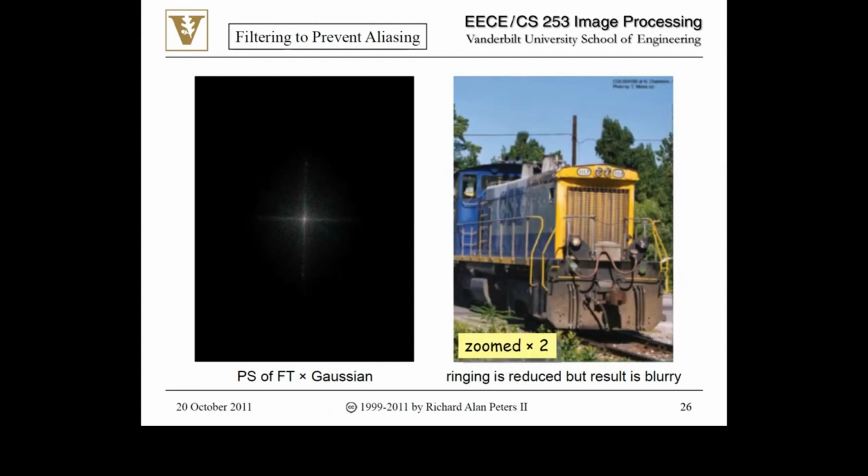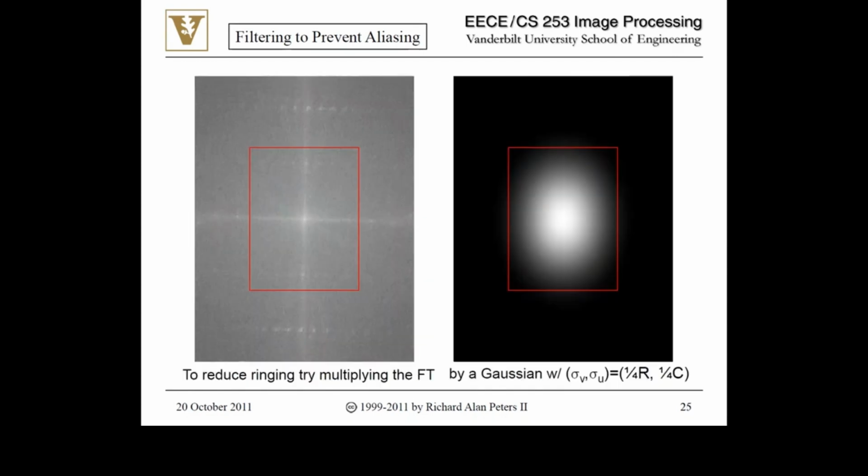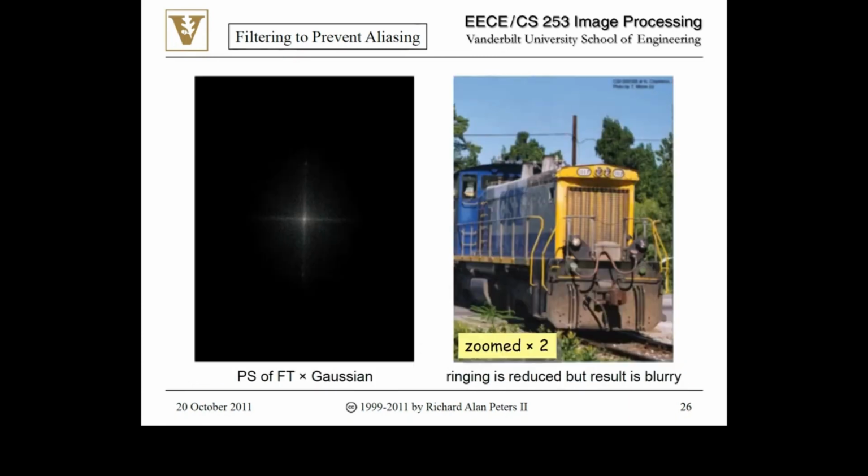But okay. Then let's see what if I use a different Gaussian filter. My previous Gaussian filter had a sigma that was the number of rows divided by 4. Now let's divide it by 2, so my Gaussian will be wider in Fourier space. In principle, I would now be keeping these corners that I was missing before, which were almost down to 0. Okay, so if we do that,